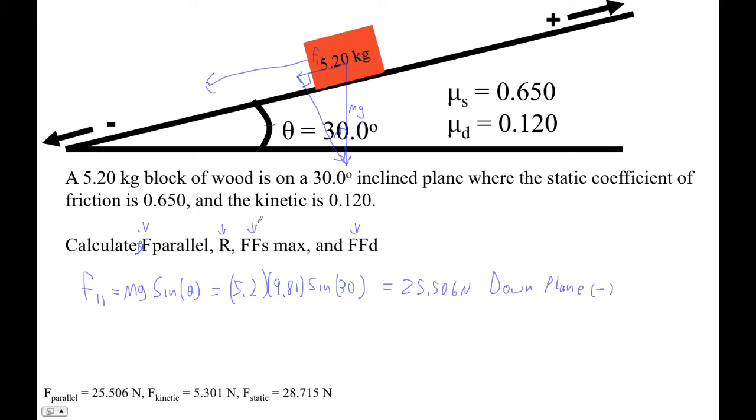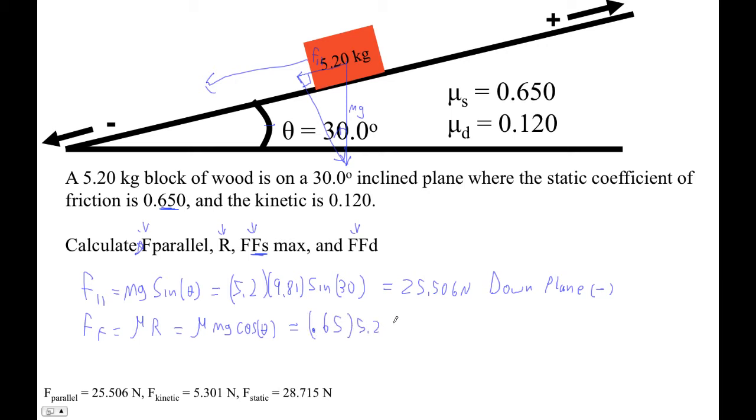Okay, and then the force of friction, the static maximum force of friction. Force of frictions in general are a coefficient times the reaction force. In this case, the reaction force is mg cos theta. If you look at that little triangle, I don't draw this triangle every time because I've done so many of these problems, but this part of the weight that is actually perpendicular to the plane is the adjacent side of the angle. So it's hypotenuse times the cosine of that angle. For the static maximum one, I'll use the static coefficient of friction, 0.65